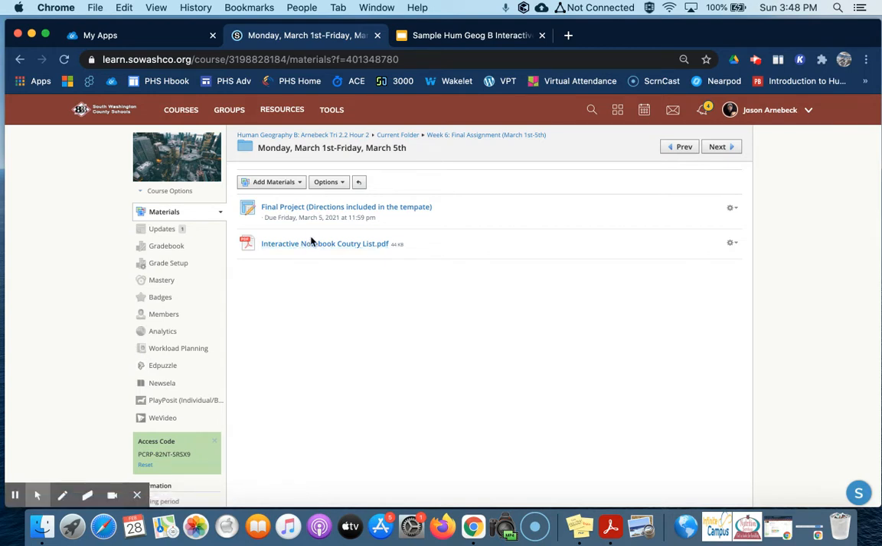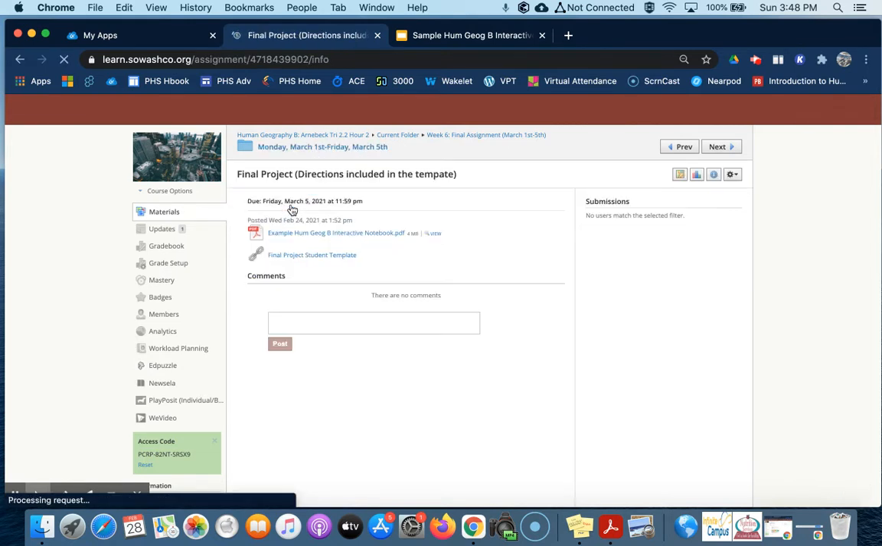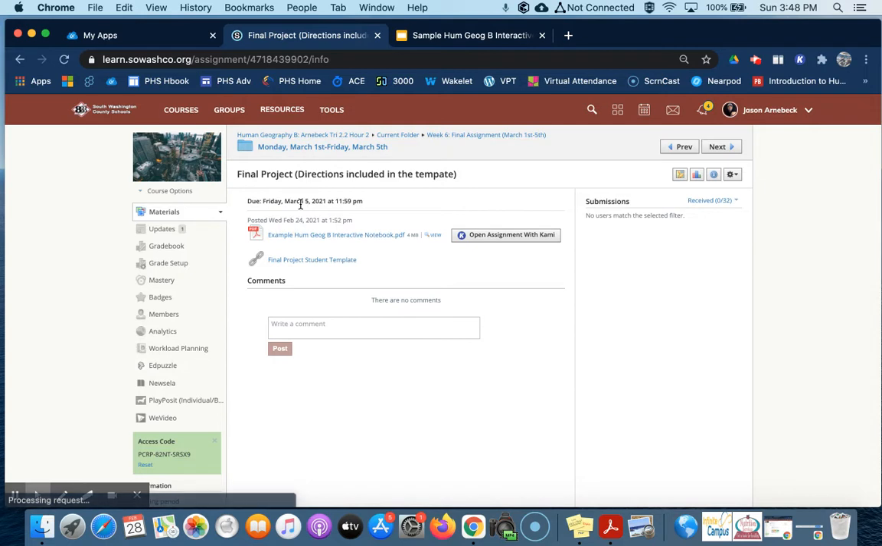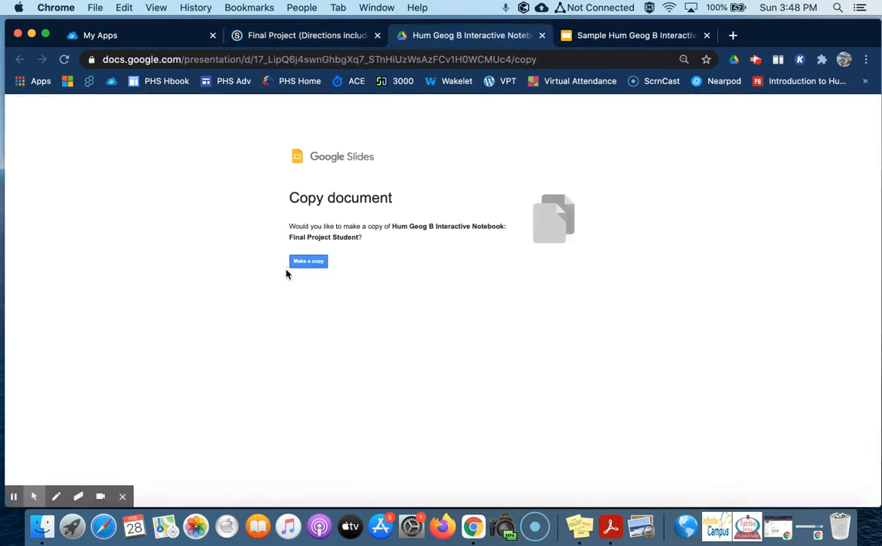So, assuming that we've done that now and you're looking at the directions, you're going to open up your final project assignment. See, the directions are included in the template. This is very similar to how your conflict project worked. You're going to click on the link to the final project student template, and then you're going to make a copy. What will appear then is your own copy of a template that you can rearrange to make it look